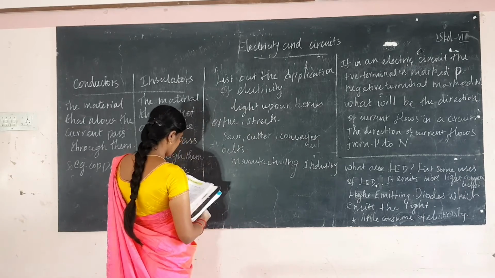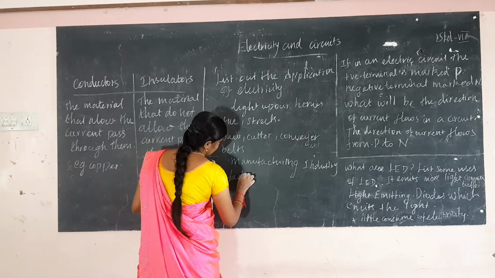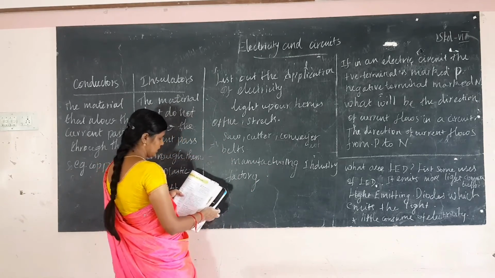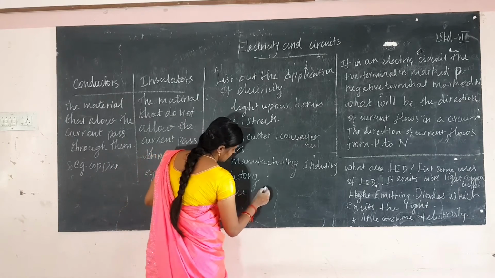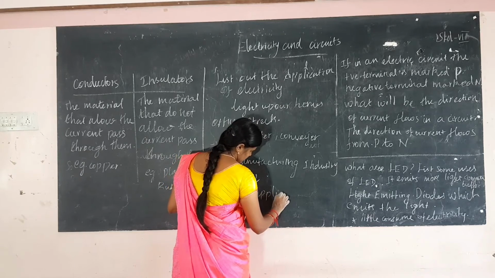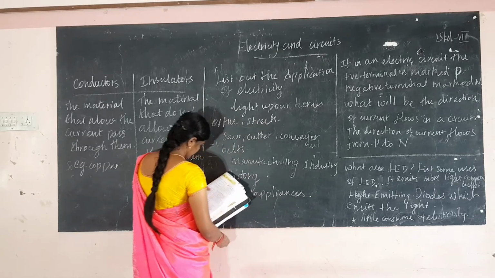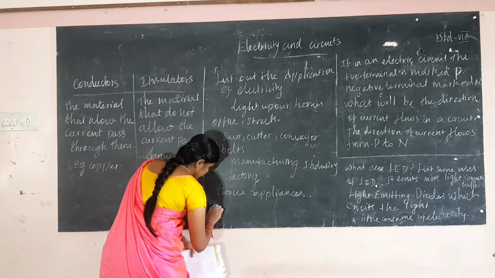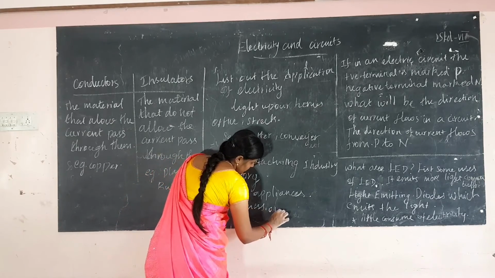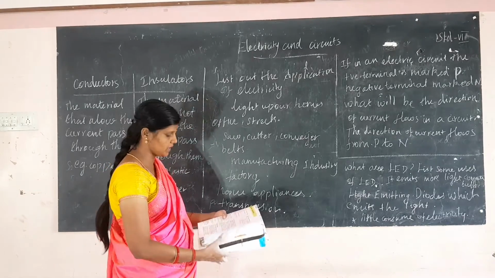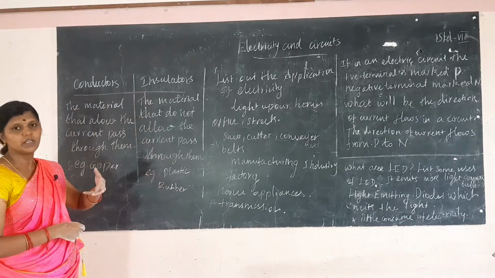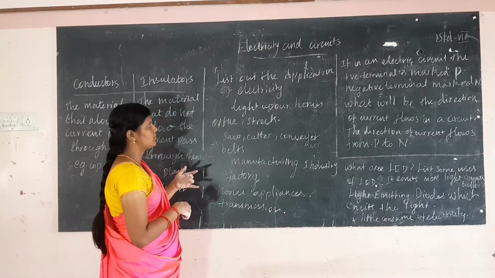It is also used in factories and other home appliances such as bread toaster, grinder and mixie. In the field of communication, electricity is used in the medium of transmission. Transmission is the process of transmitting light, sound and electricity in the form of energy from one medium to another medium. These are the applications of electricity.